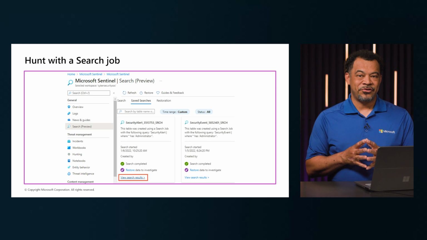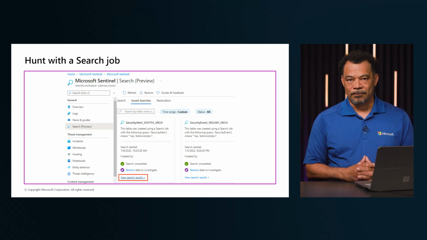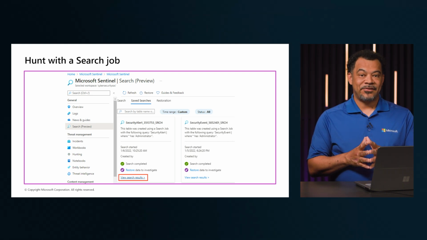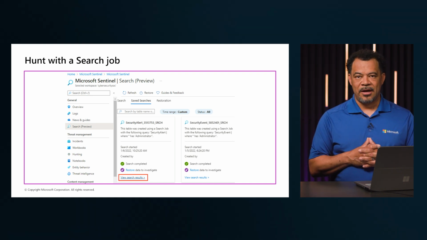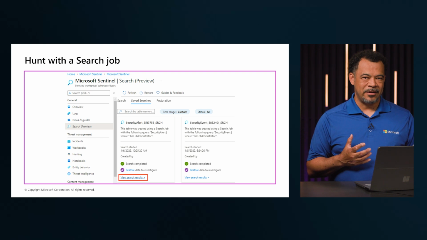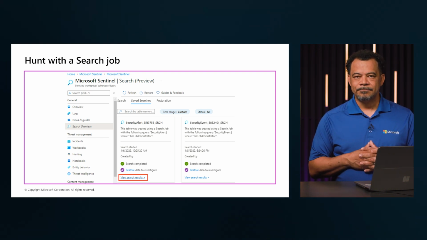Start by going to the Search section in Microsoft Sentinel and selecting the appropriate workspace where your search job is stored. From there, access the Saved Searches tab to view a list of previously created search jobs, each showing metadata like the job name, the creation date, and the query used.